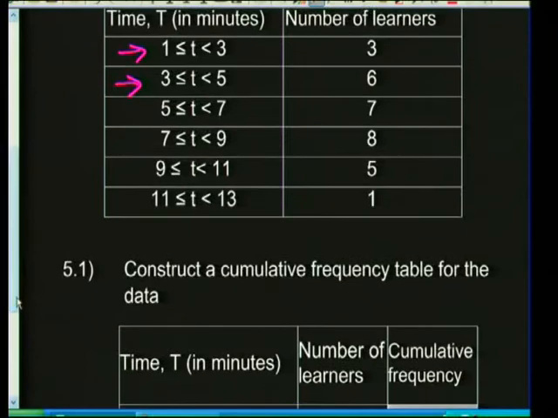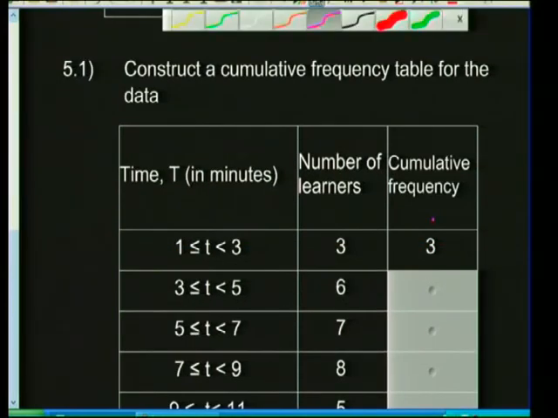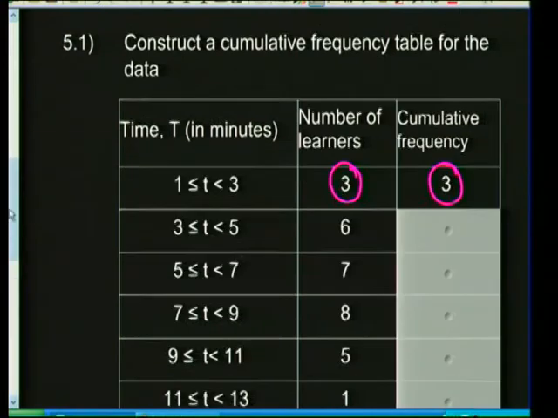So the question is asking us to construct a cumulative frequency table of the data. So in your cumulative frequency table, you're adding on an extra column, all right? And this is what you need to fill in your extra column. The first cumulative frequency block is going to be exactly what this first number is. Those two numbers are always going to be the same, all right? So that we know. To then get your second block in the cumulative frequency, you take the cumulative frequency on the first block and you add it to the frequency in the middle. So therefore, 3 plus 6, which gives us